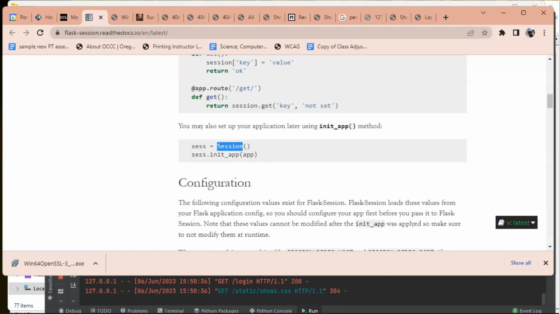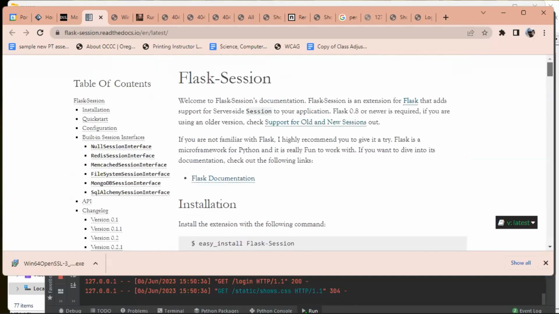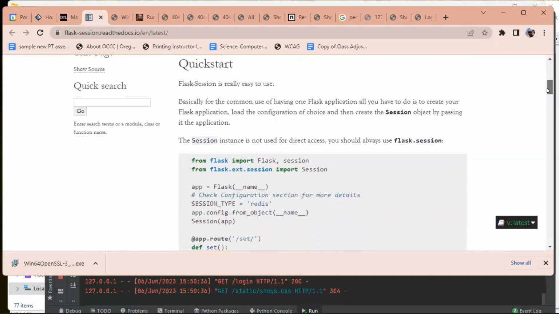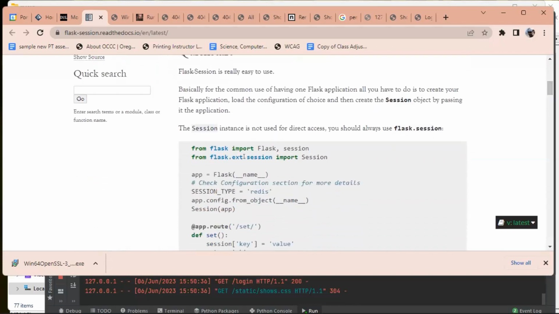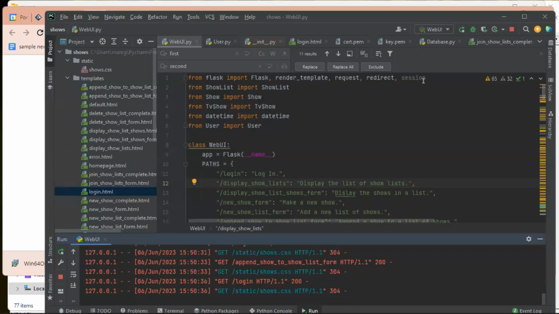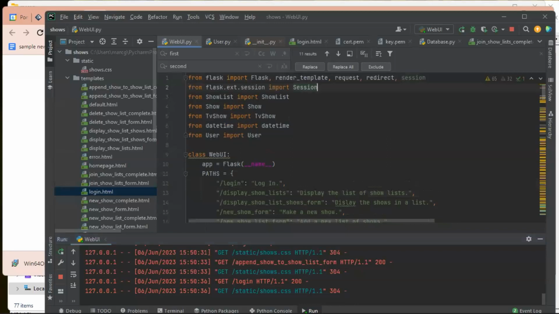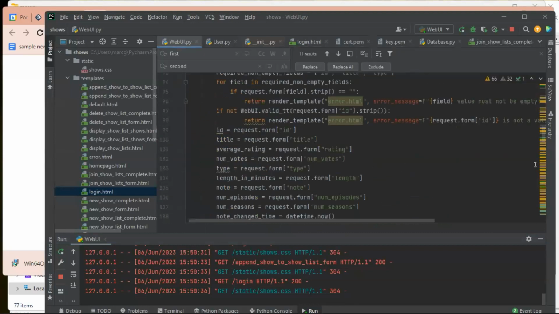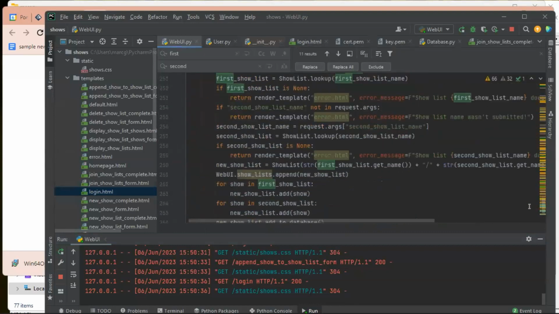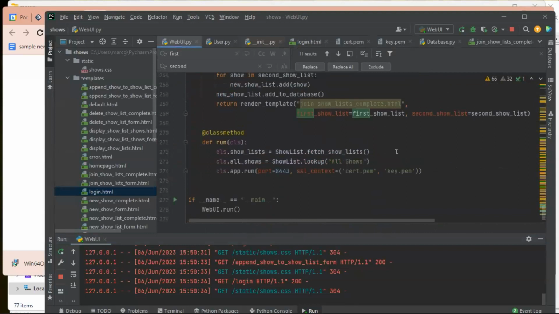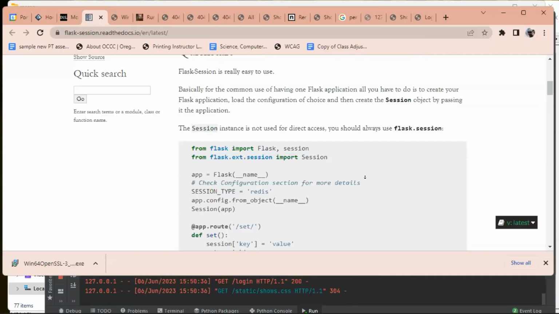So this requires this Session thing, which is in flask_session. So we're going to import that. I think this is still right, but I seem to recall there was something screwy about that, but we'll find out. And then in the run method down here, we're going to say this thing,